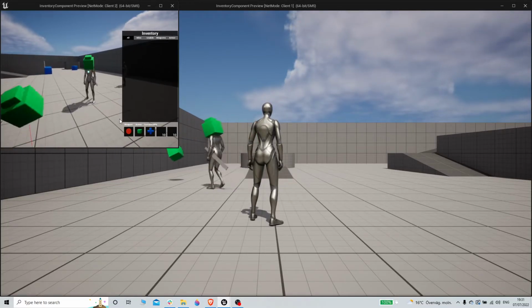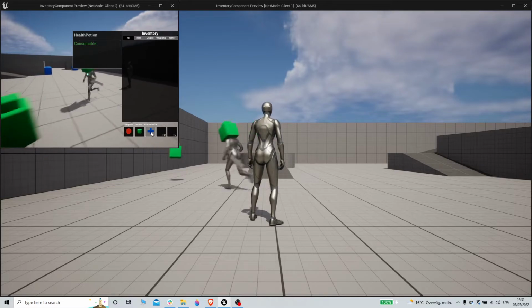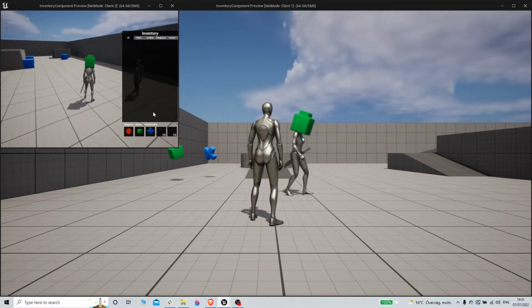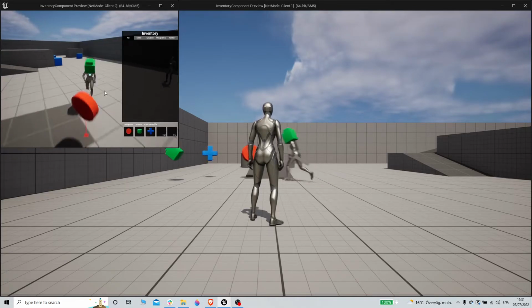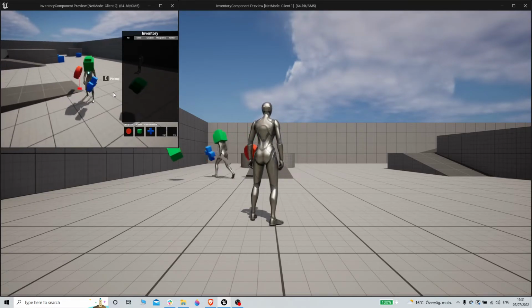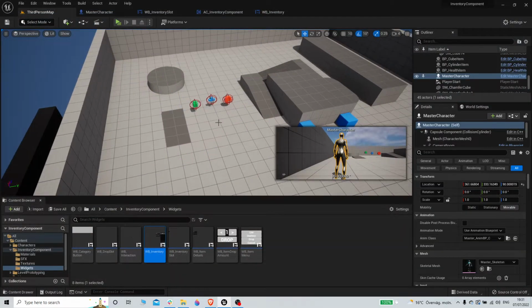And this part works. We already are at 20 minutes, so in the next video I think I'm gonna fix this. So we have the sword equipped. When I drop it, it should also leave the body and the slot as well. Alright, that's gonna be it for this one. Thanks for watching, and I'll see you in the next one. Bye. Actually,